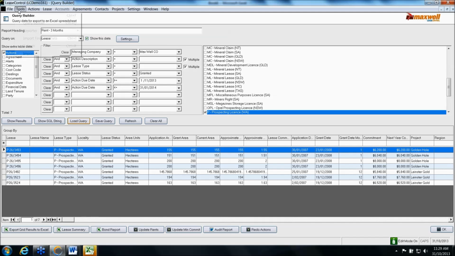If we go up to the Tools menu and the Reporter, you've got the options of Viewer and Designer. The Viewer allows you to run off any reports that you've got available. The Designer allows you to create your reports and modify existing reports and delete your reports, and you can also preview your reports through there. So if I just go into the Viewer,